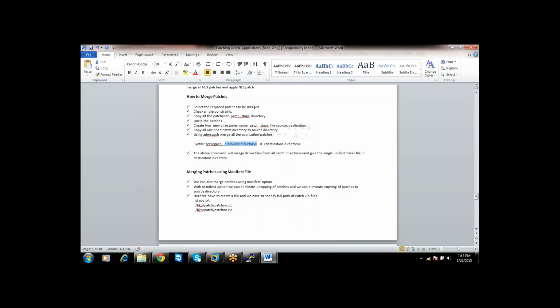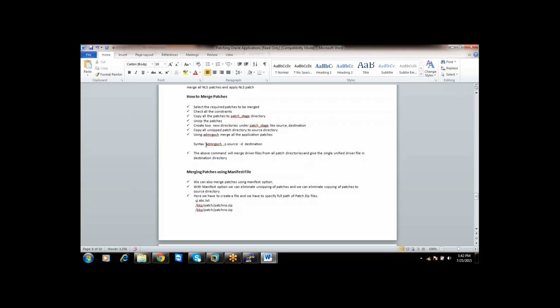If you are going to apply 10 patches, just listen carefully. You have to unzip the 10 patches and keep the 10 patch directories. After unzipping, you'll get a directory, right? You have to copy all the directories to the source directory. Let us assume the name of your source directory is source and the name of your destination directory is destination, but this is just an example. You can keep whatever you want. After unzipping the patches, copy the directories to source and don't copy anything to destination. Nothing else is needed there.